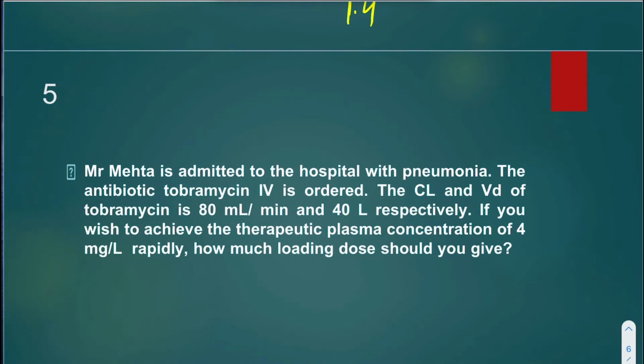Then Mr. Mehta is admitted to the hospital with pneumonia. The antibiotic tobramycin IV is ordered. So highlight IV. The clearance and volume of distribution of tobramycin is 80 ml per minute and 40 liters. So here see there is a difference in ml and the liters, right? If you wish to achieve the therapeutic plasma concentration of 4 milligram per liter, how much loading dose should you